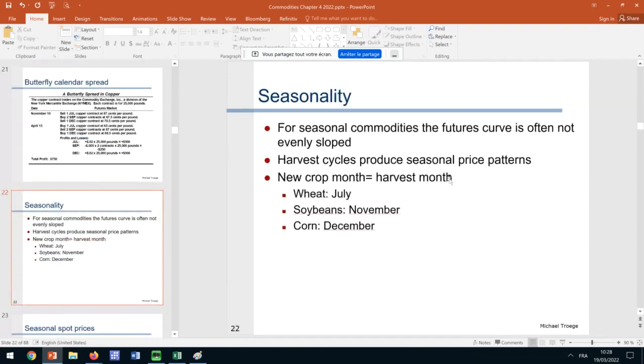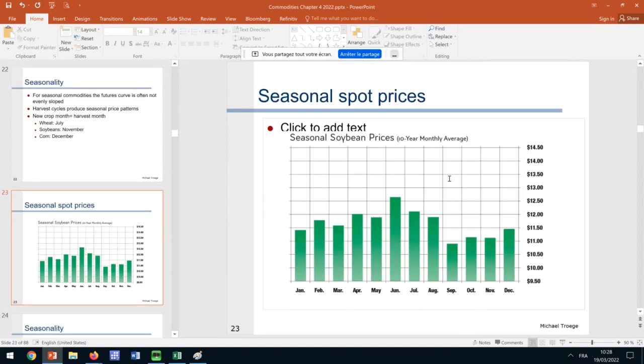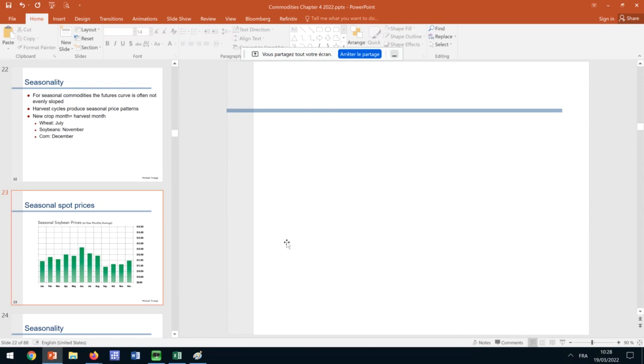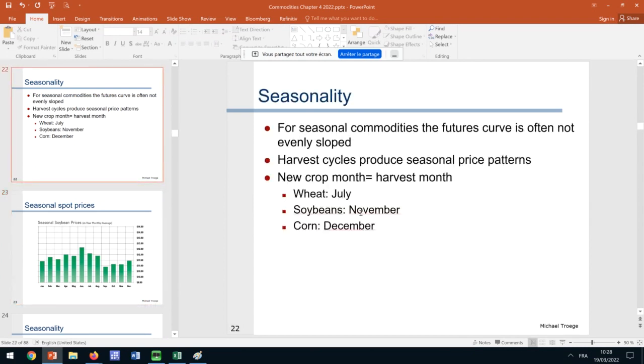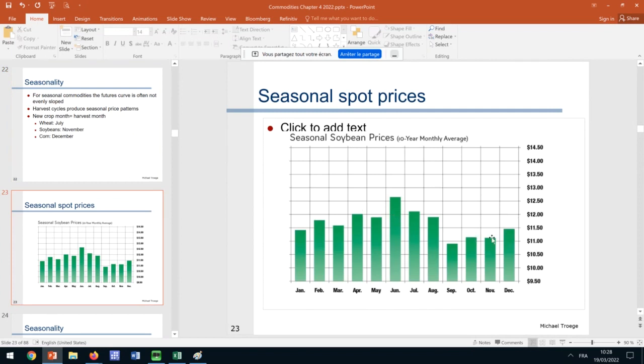Now, we already started talking about seasonality, and this is apparently something that happens in the sugar market. This is because of harvest cycles. So this means that the spot prices vary. This is the 10 months spot price for soybeans. Soybeans are harvested in November, and as you can see, the prices in November or in October, when the harvest arrives to the market, are typically